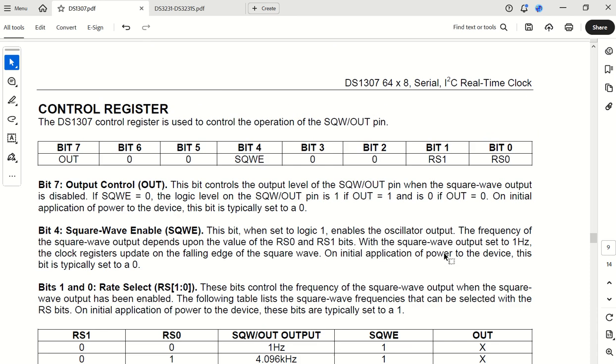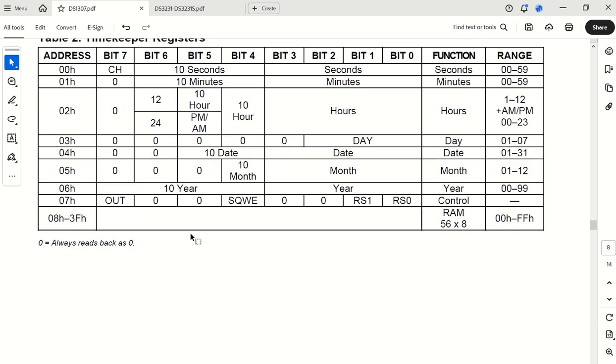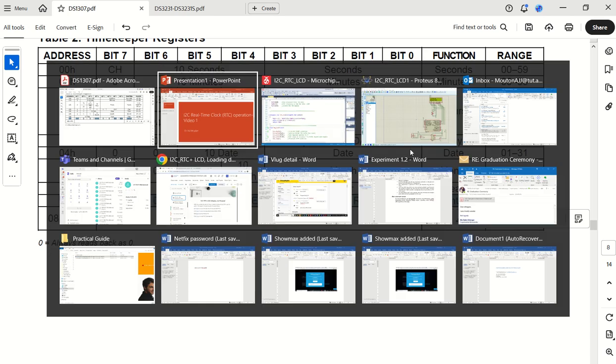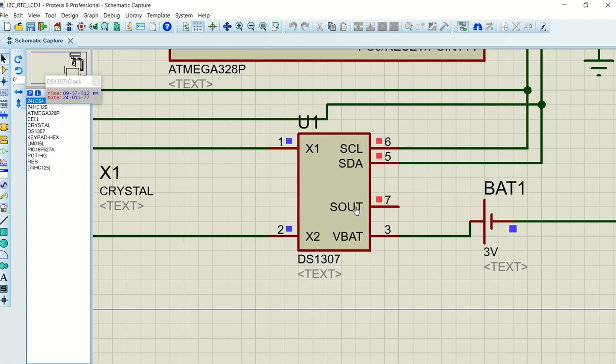Let's go back now to maybe, well, let's look at this one. An important one is maybe if you want to generate a square wave on a specific pin. Let me go and show that to you on the Proteus device. There's an S out pin.